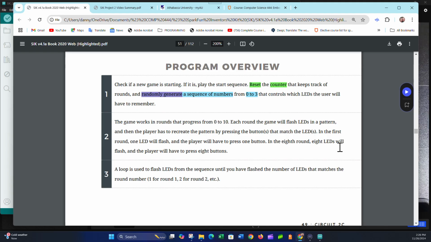We're going to check if a new game is started. If it is, we're going to play the start sequence and reset the counter that keeps track of the rounds. And then we're going to randomly generate a sequence of numbers from 0 to 3 that control the LEDs. Again, why 0 to 3 and not 1 to 4? Because we always start counting from 0 as computer scientists. So we're going to randomly generate a sequence of numbers from 0 to 3 that controls which LEDs the user